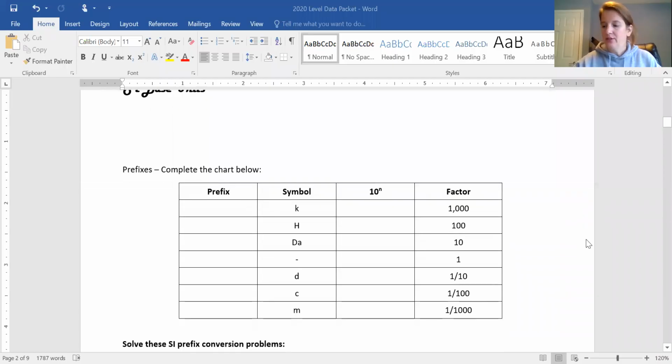Hey everybody, this video is going to go over metric prefixes. We're going to be on this page of the packet, the SI base unit page. So first off, I just wanted to start by saying that when we're in science classes, we do a lot